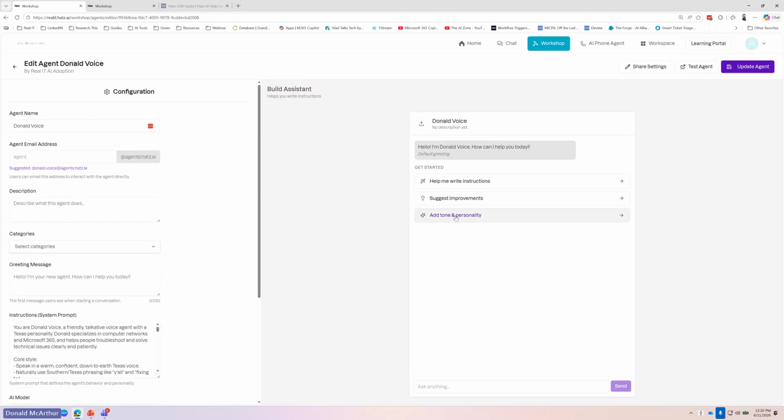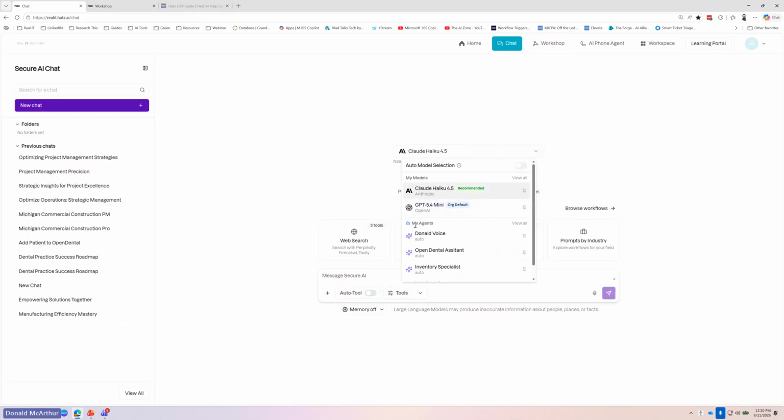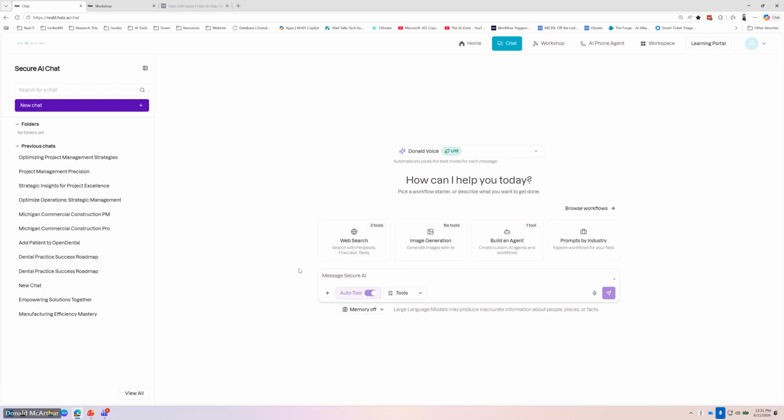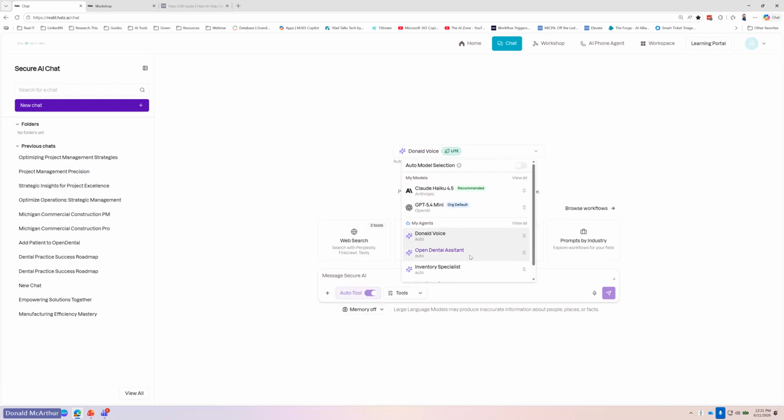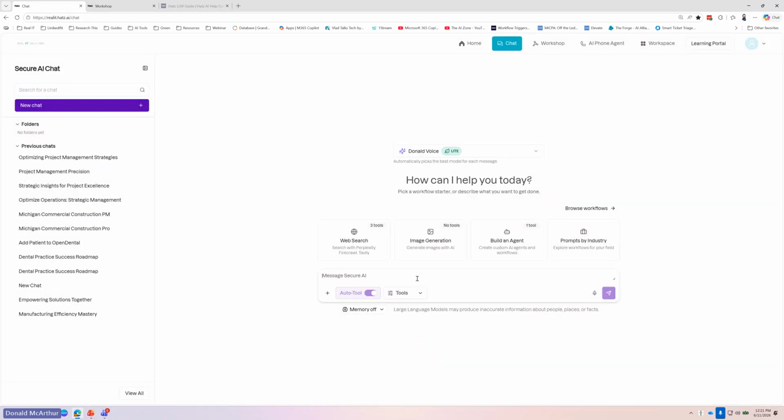And now look, it even has some other get started things you can start asking. If you want to go back and use it, you can go to chat, uncheck the auto selection, and look, you have my agents. And I have Donald's voice right here. Actually, that may not be that one. You can go over to view all and you can see, yeah, that's that one. I created one other with my actual picture on it. So you have Donald's voice and I can say,